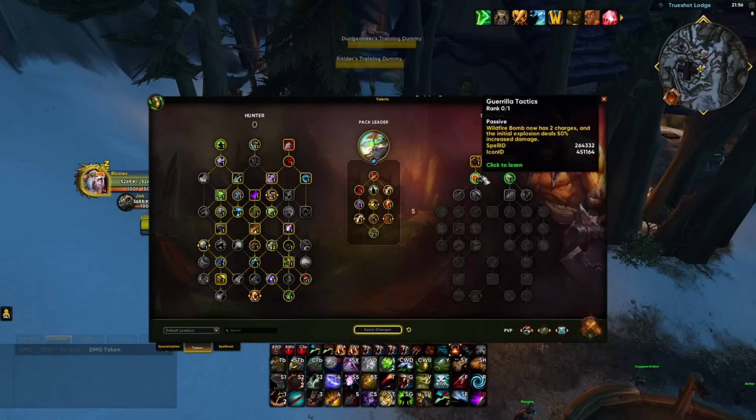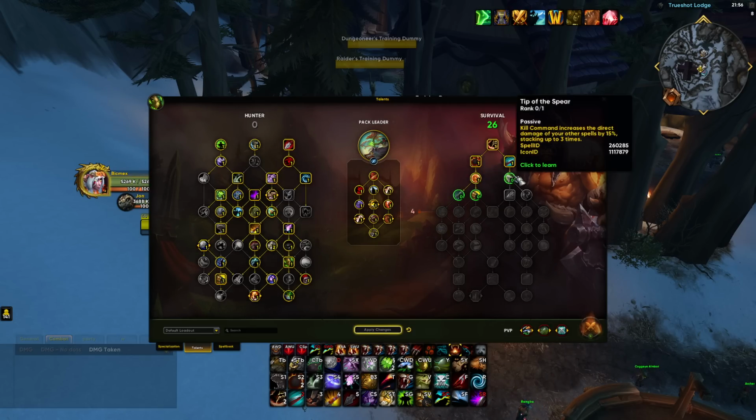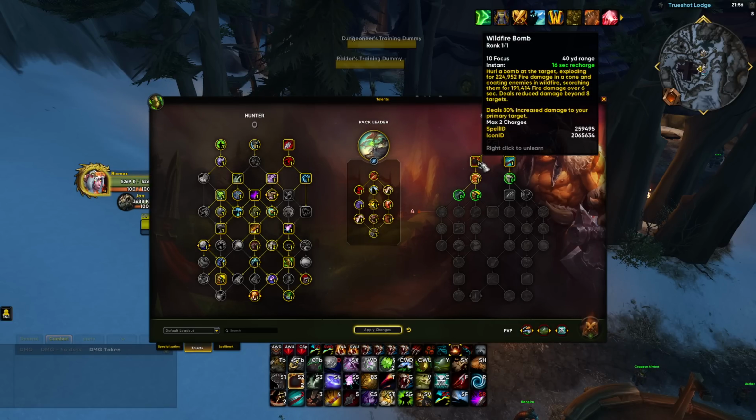This just gives you 2 charges on Wildfire Bomb, so you have to take it. Now, here we have the quote-unquote bread and butter new Survival mechanic with Tip of the Spear, which increases the direct damage. What this means is that it's only the application damage of your abilities which will do more damage. So, for example, with your Wildfire Bomb, do you see how it says 224k damage initially,